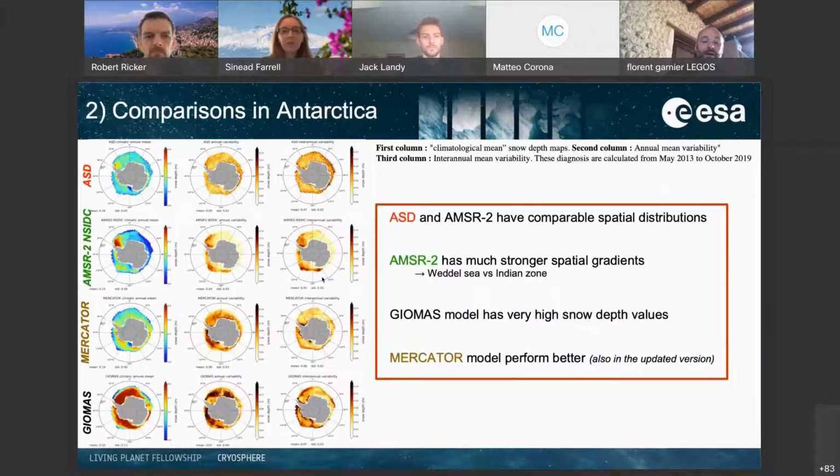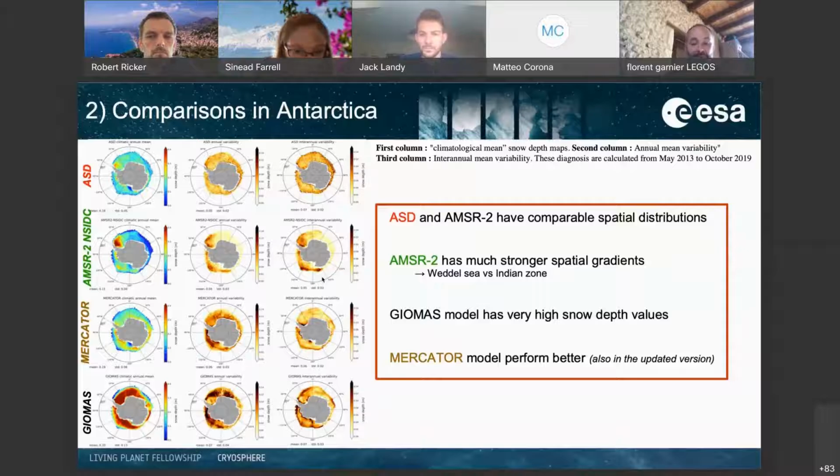One important advantage to this snow product is that we've been able to compute the snow depths in Antarctica, where we have compared with AMSR2 data, the Mercator model, and the GeoMass model. This figure is the same as before, global means on the left, annual variability in the middle, internal variabilities on the right side. And compared to the Arctic, the ISD product is much smoother, which contrasts this time with AMSR2. The GeoMass model has very large snow depth values that seem quite unrealistic, while the Mercator model performs much better